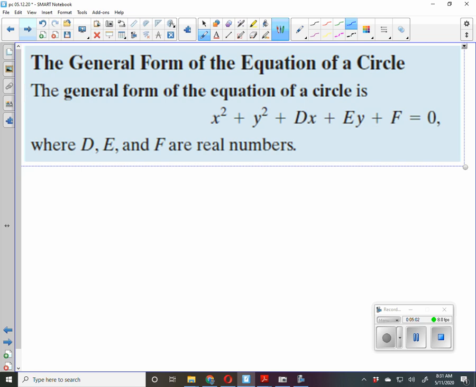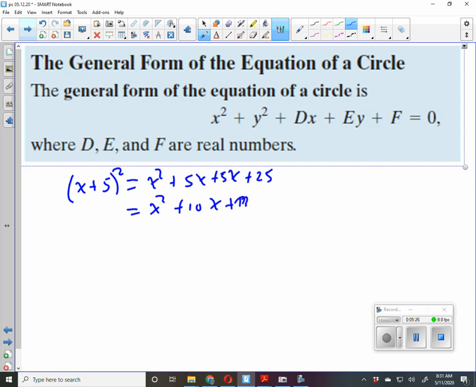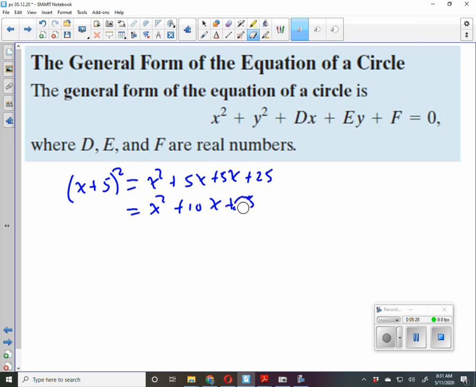If you remember, if I start with (x plus 5) squared, we multiply that and get x squared plus 5x plus 5x plus 25, so x squared plus 10x plus 25. That's a 25, trust me. A couple of things I need you to notice here is that half the middle term, squared, will be this. So if I ask you to complete the square,